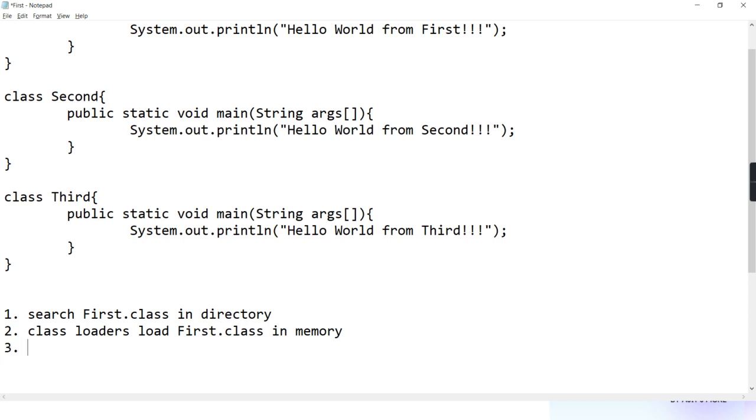You understanding? After loading that class in memory, there is one more tool called signature verification. At this moment we'll not go into detail. Just remember, it will verify that it is a correct bytecode file. Every dot class file has a signature code at the beginning to identify that it's bytecode.